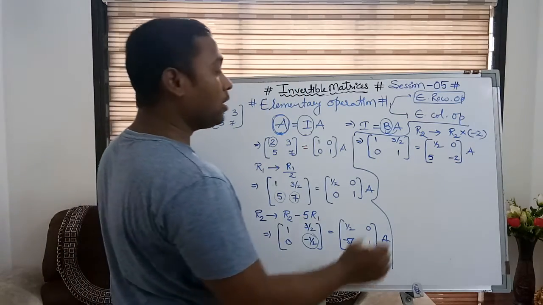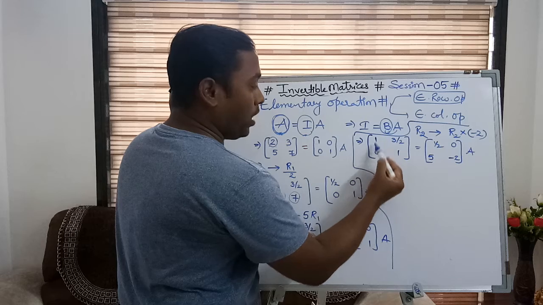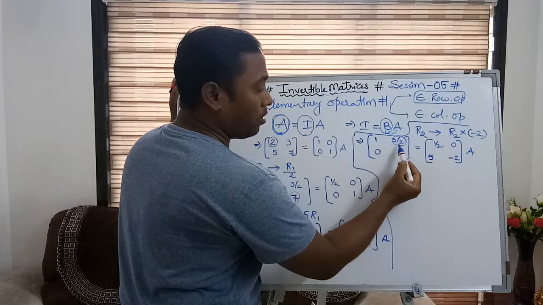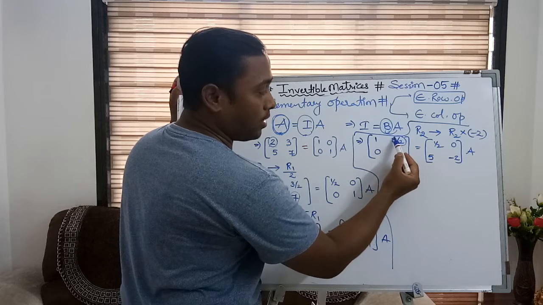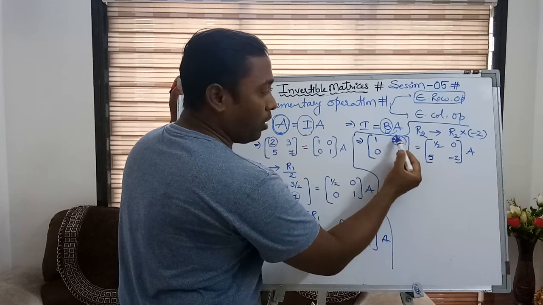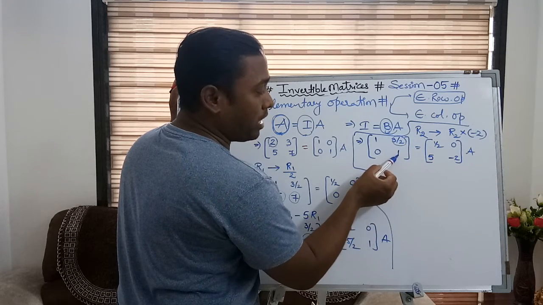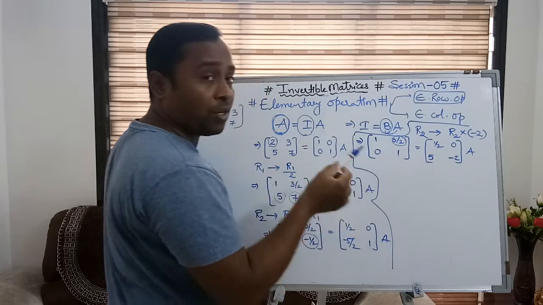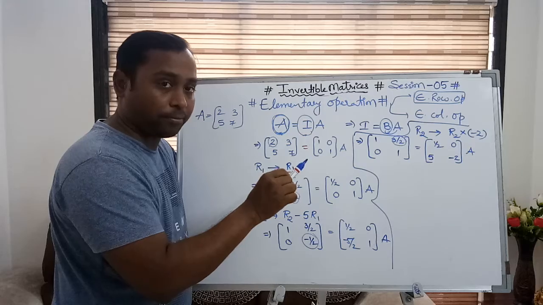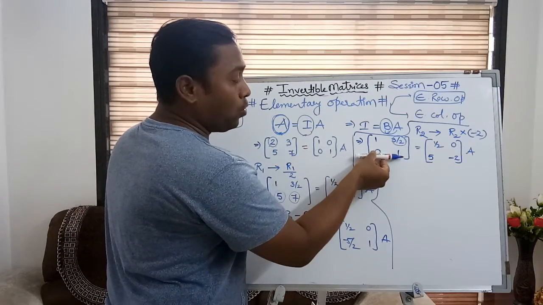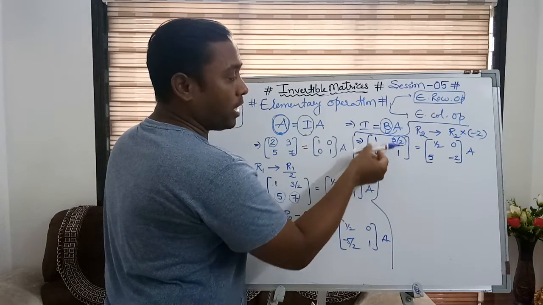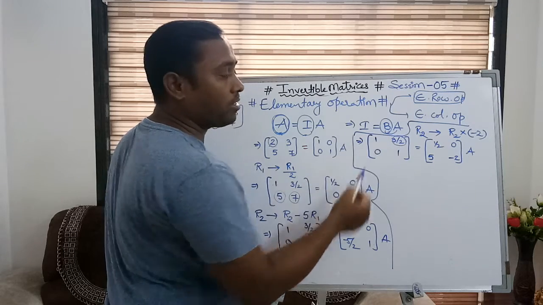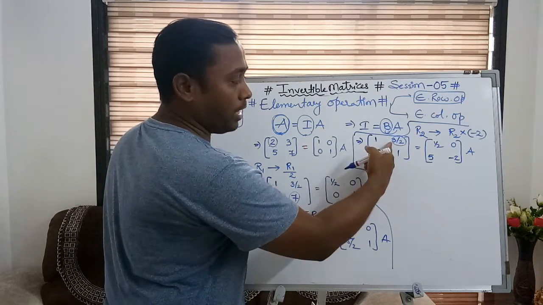Now what is the next target? 1 0 0 1 is required. So I am looking for the final step where I want 0 here. So wherever 0 is required, we need to multiply this 1 with 3 by 2 and subtract here. Row wise only you need to think. Okay. So R2 को मैं किससे multiply करके subtract करूँ? 3 by 2 से multiply करके subtract करूँगा तो ultimately इसकी value क्या हो जाएगा? 0 हो जाएगा इस element पर.